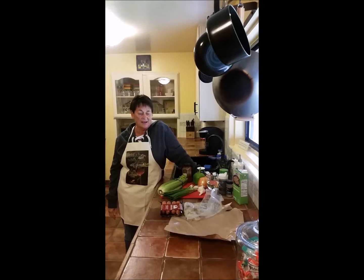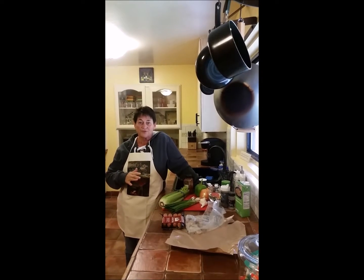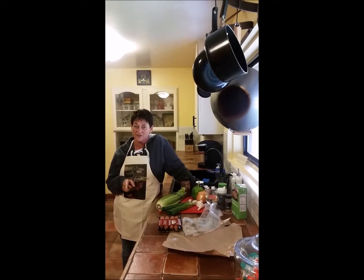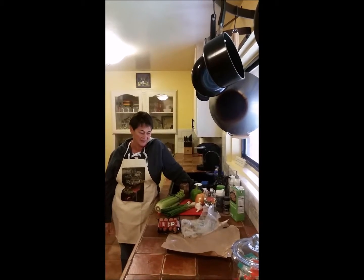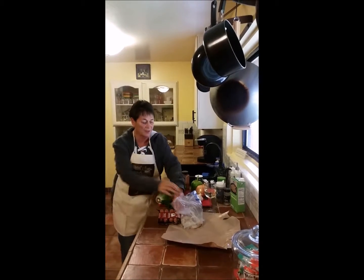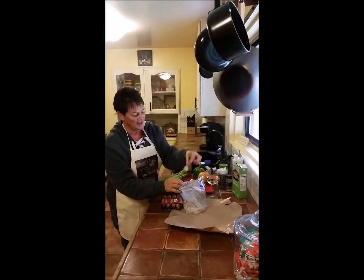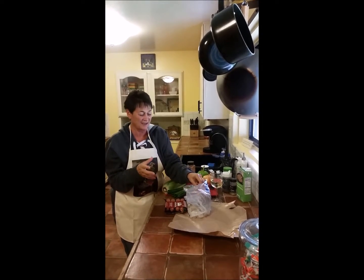Today I am making Louisiana style étouffée, and I'm not using crawfish because it's hard to come by in Utah, plus my husband doesn't really like it that well, so I'm using fresh shrimp. I've got to take the tails off, and raw, because if you get it when they're cooked they get rubbery,